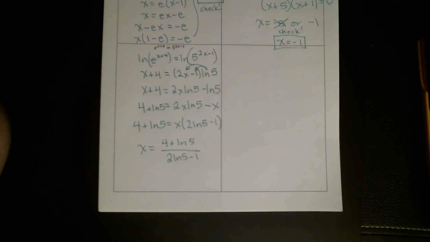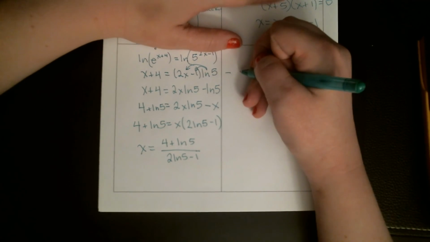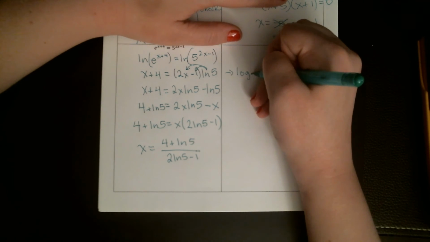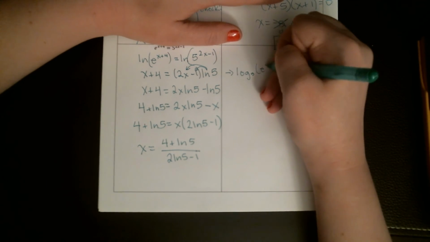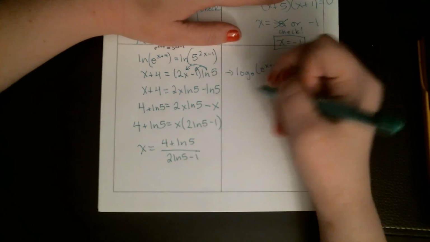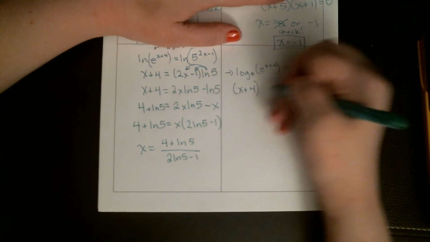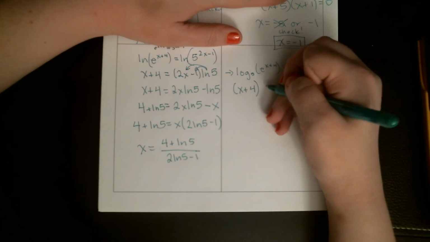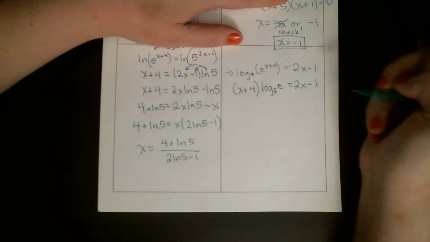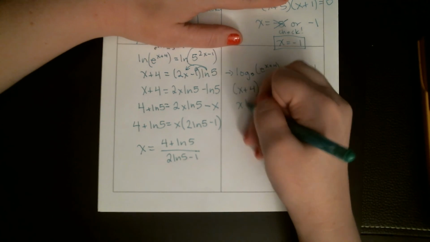Okay, if you chose to do this one with a base 5, it's going to look a little different, but it should still be good. Think about this. You would have the log base 5 of e to the x plus 4 equals 2x minus 1. So the x plus 4 would move down to the front, and you'd have a log base 5 of e. If we then distribute,